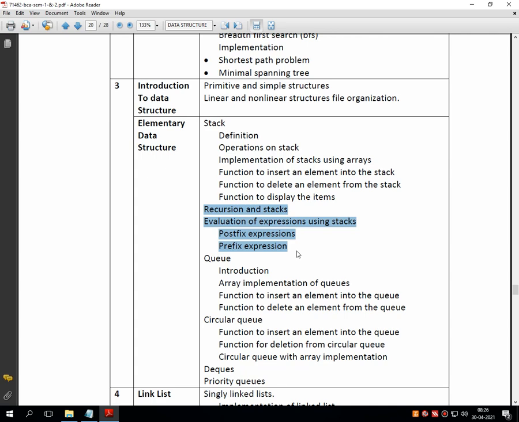In examination, obviously in Saurashtra University examination, generally they ask part of this entire program. That means they can ask a program like this: write a program to implement push operation with display, or they can ask write a program to implement push, pop and display operation, something like this.